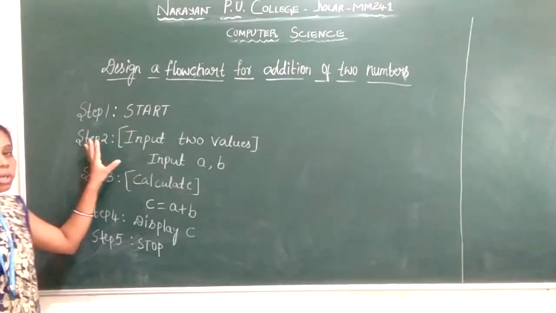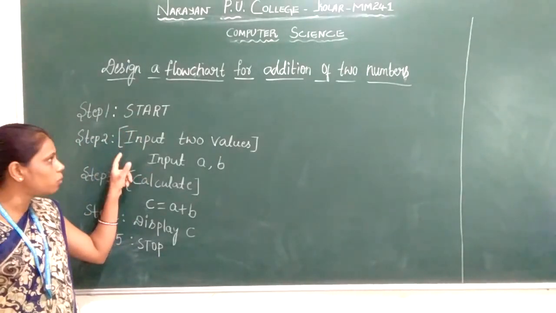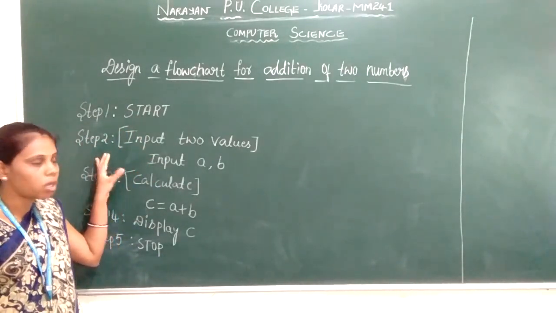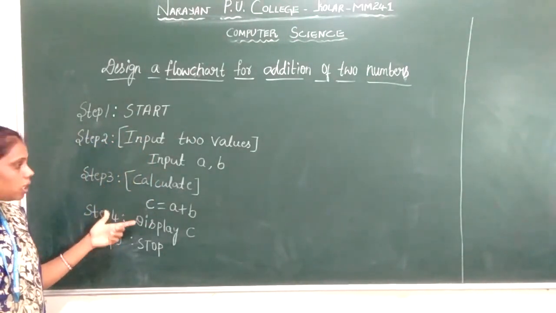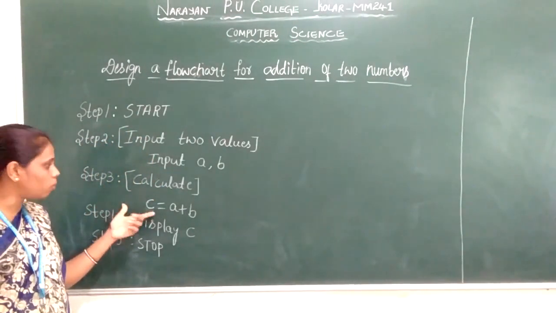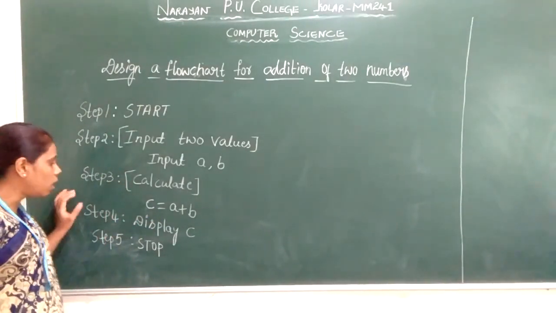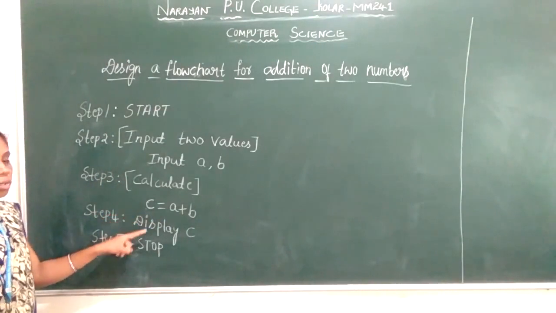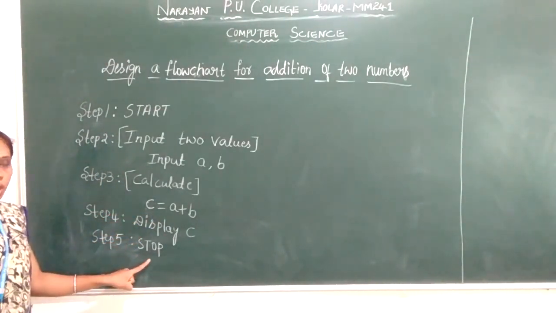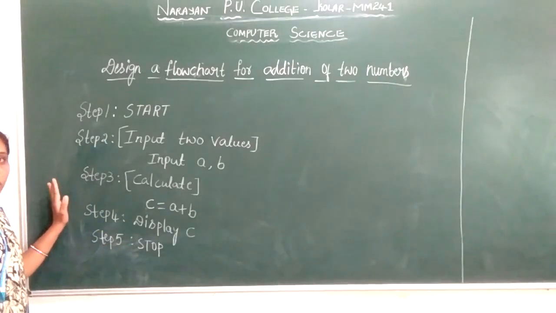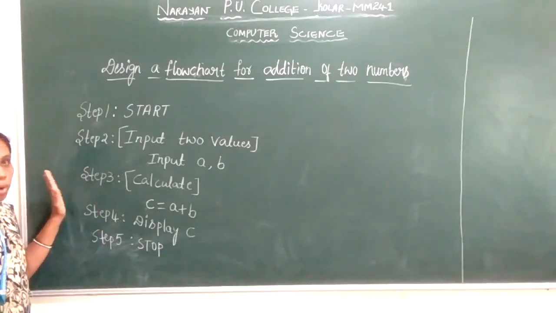In the next step, whatever input we need to give for the given problem should be specified. After specifying that, in the next step, if we have any calculations or any process, it will be done there. Next, in step 4, we are going to display the result. And in step 5, we are stopping this algorithm. So this is what an algorithm is. Algorithm means it is a step-by-step process for solving a problem.